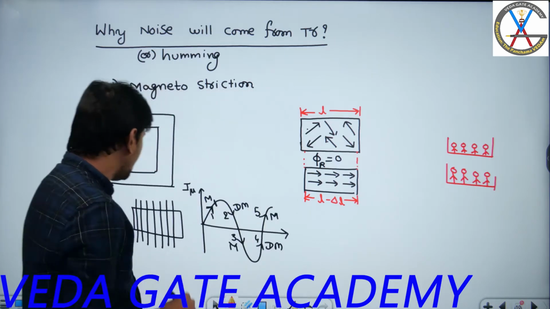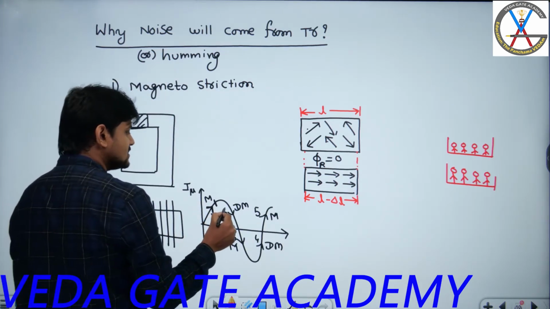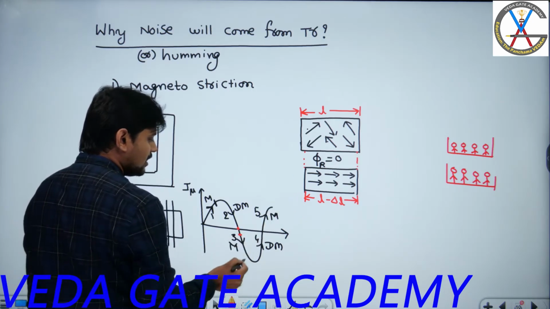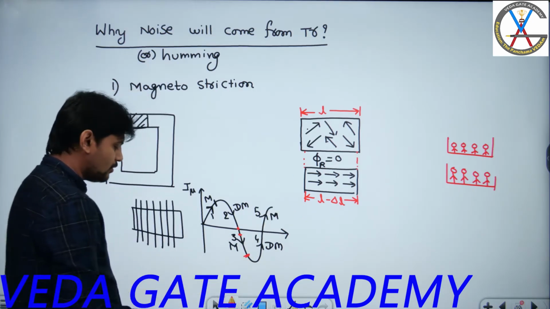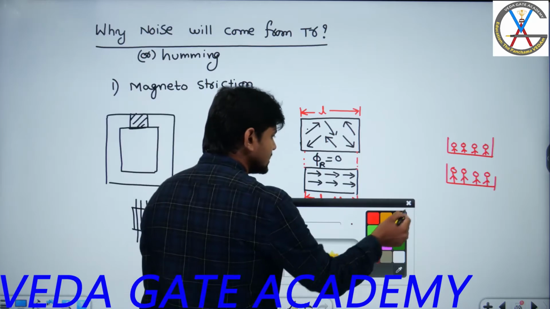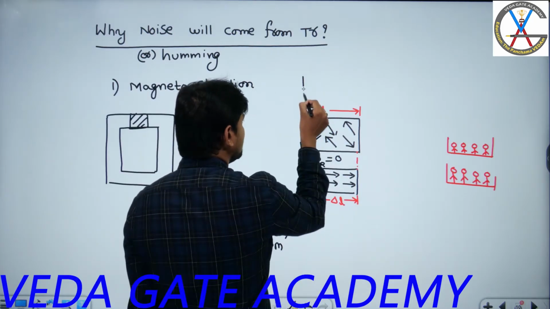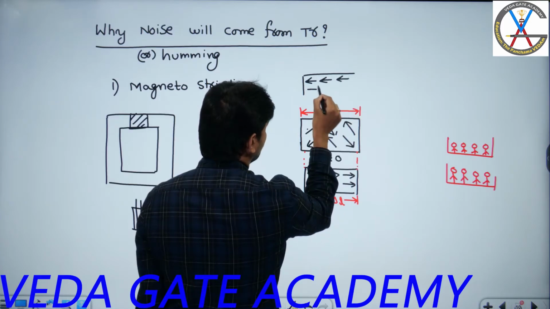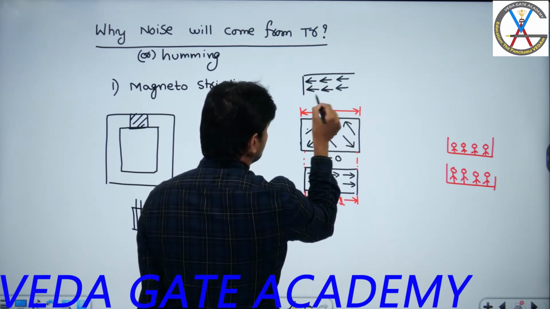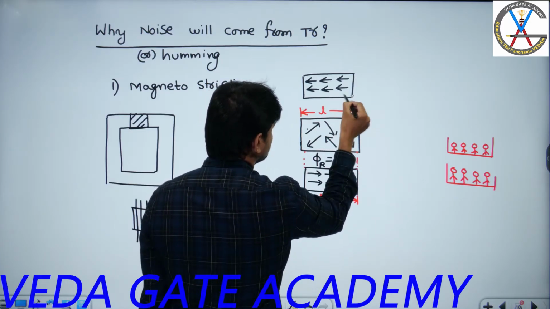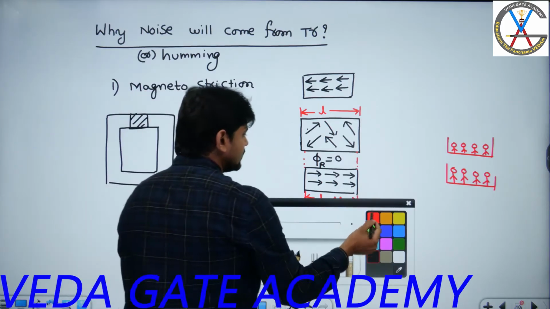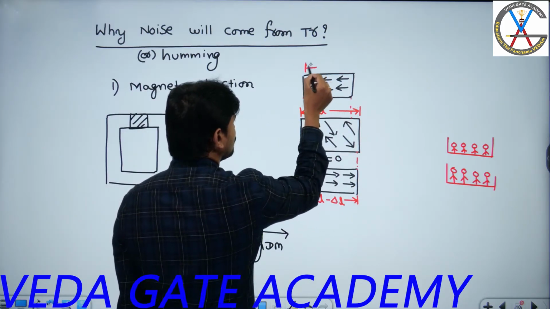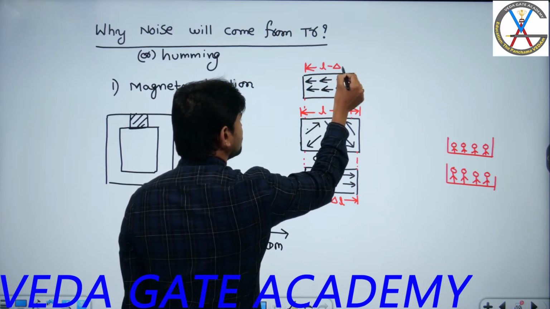Again, this is the first quarter cycle. In the second quarter cycle, they will come back to their original positions, and during the third quarter cycle, they will align in the opposite direction. They will change the orientation of the dipoles in the opposite direction. This is my orientation of the dipoles in the third quarter cycle. You can go through the video we have seen. Again in this case also, the dimensions required will be decreased by a small value compared to the non-orientation of the dipoles.